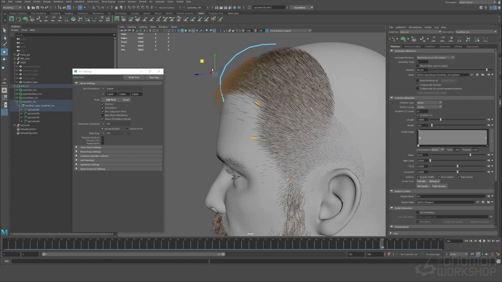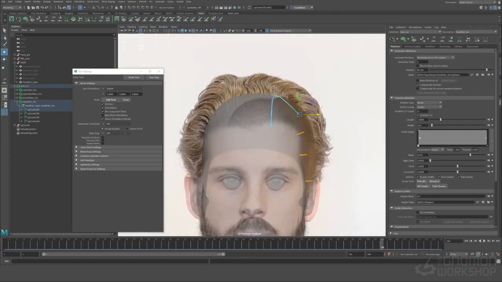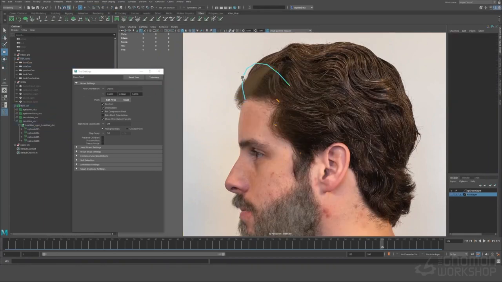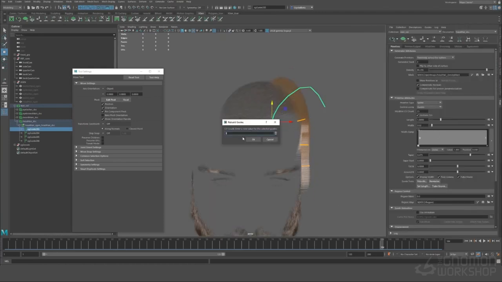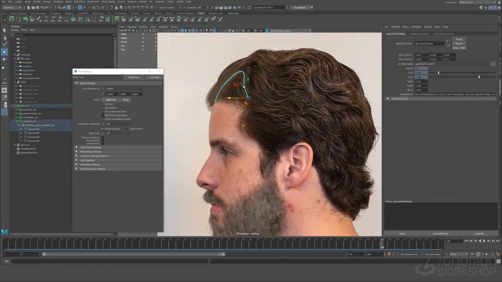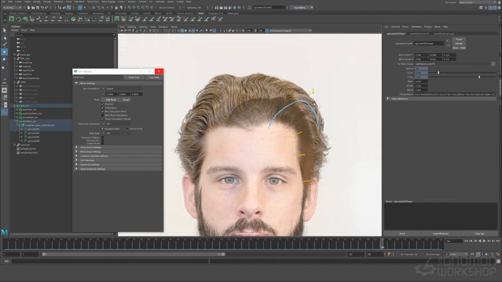And then the next step is just trying to shape out these guides to match our hair. This is a very long and tedious step. I do this in two stages. One where I lay out an initial set of guides, like a first approach. I do know I'll need more, but we at least get a very even distribution, which is what I'm trying to focus on. I'm trying to really focus my attention on